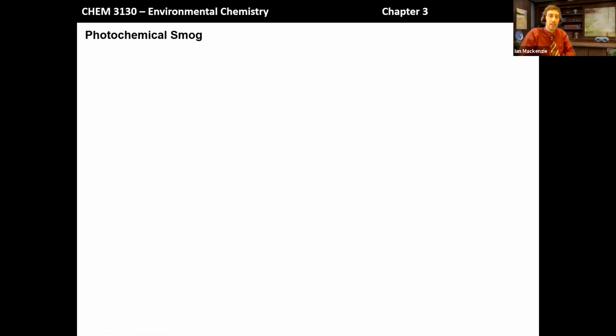Now, before we completely finish our conversation of photochemical smog, we need to look at some of the factors that affect the rate of this reaction and the general overall formation of ozone and pollutants from this reaction. So if I take many of the equations and just write a generic net equation for this reaction,